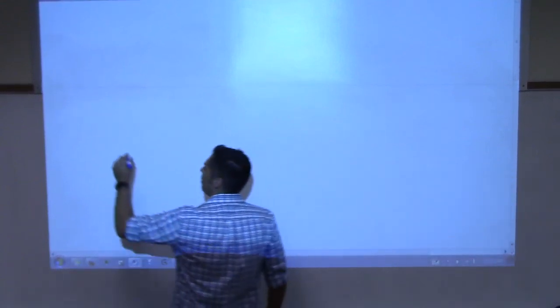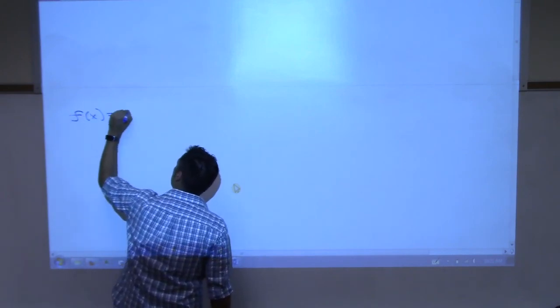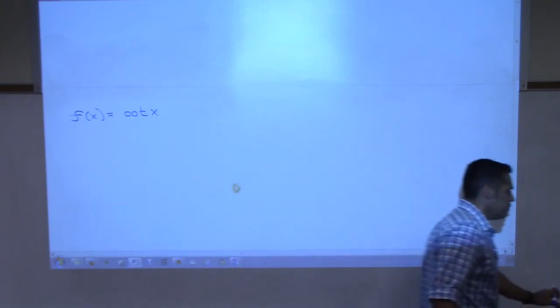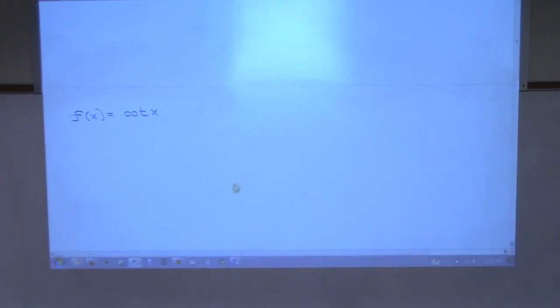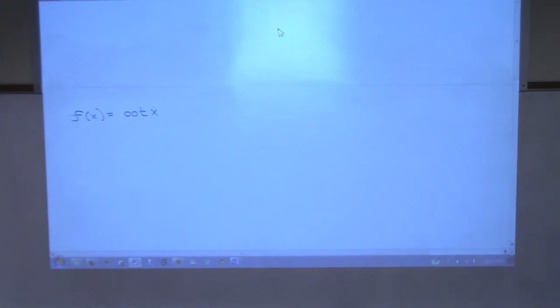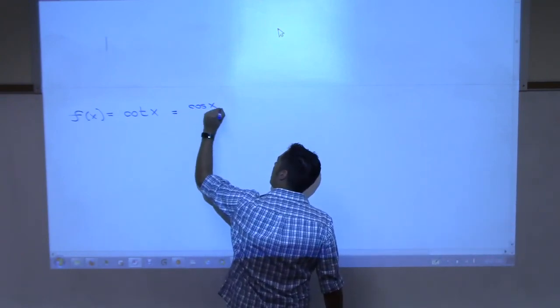Okay, so what about the power series for cotangent x? 1 over tangent? That's 1 over tangent, but do you have a power series for tangent? No, but you have sine and cosine, right? So we can go cosine over sine? Yeah. All right, cosine x over sine x,